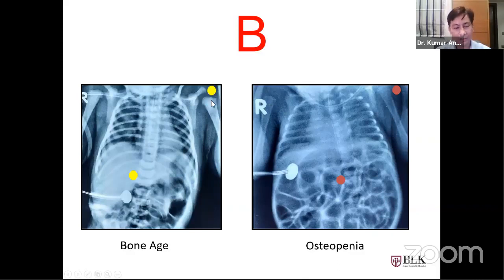With this humerus, because it's almost ossified, we can tell that because the proximal humerus is ossified, this baby would probably be a term infant, not a preterm infant. Like this patient, you can see the airway is slightly dilated, and you cannot visualize the midline bones, that is the vertebra, as compared to this. So probably the baby was a case of osteopenia of prematurity because of poor nutrition and poor phosphorus given during the neonatal period. So with this mnemonic B, we can confirm the bone age as well as the osteopenia of prematurity.